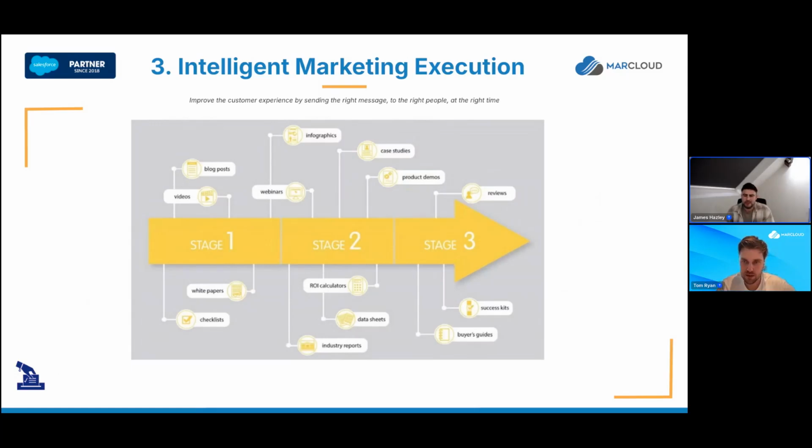I think we may have another poll going live now, which is, have you structured your content to align with the customer journey? So the answers are yes, we have a clear view. No, this is a brand new concept for us. We have some parts of this covered with some gaps. Give that a minute. No one said yes yet,